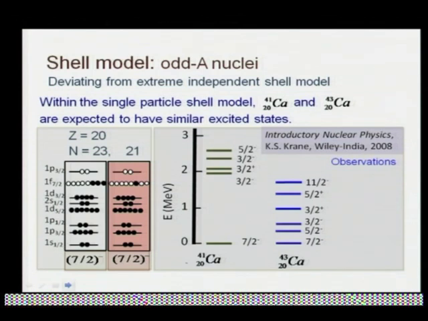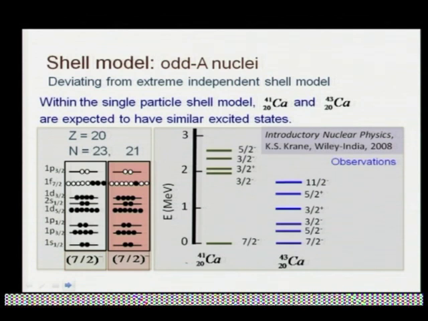In the case of calcium 41, there is one extra nucleon outside this magic number closing the inert core, and the excited states, like the first excited state 3/2 minus, can be very well explained by considering the extra nucleon, the neutron